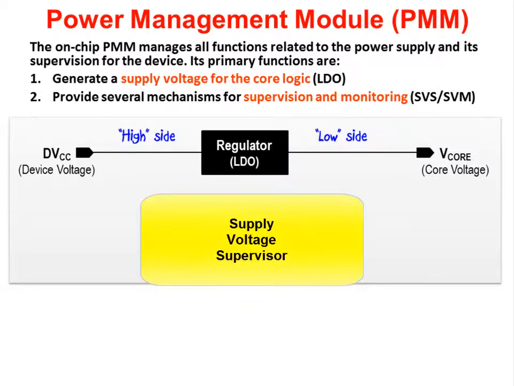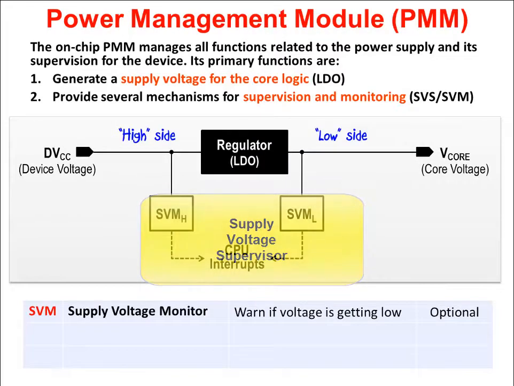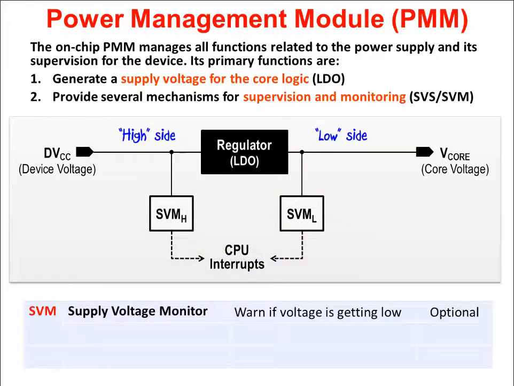Many devices have supply voltage supervisors. These supervisors can let us know when either the high side or the low side are coming close to being out of range. So the supply voltage monitor will generate an interrupt when those supply voltages are getting close to being out of range. This doesn't mean that they're failing yet, it just means they're getting closer to failing, and